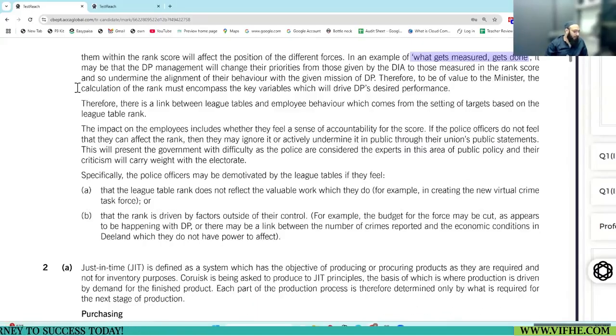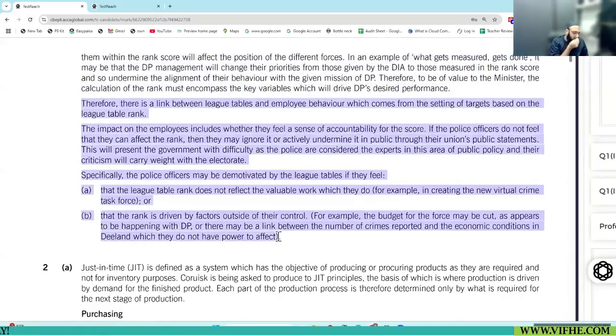Then the answer, the one that I've highlighted in front of you, answered about the league table, setting of targets, and the behavior of the police. Positive impact, yes, police officers might take this as a source of improvement, but flaws are there.